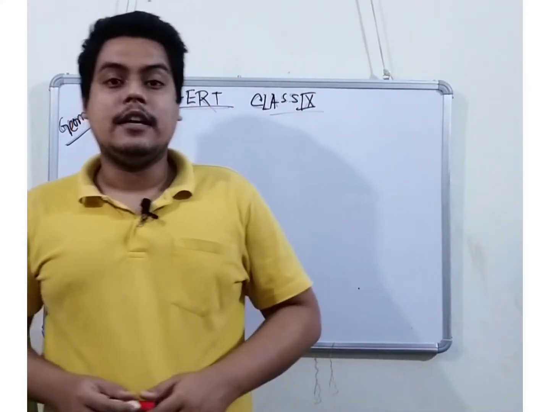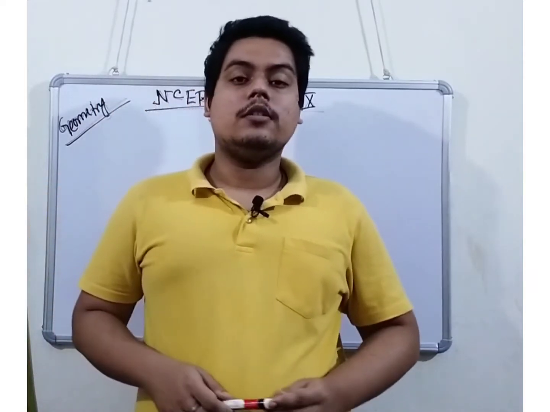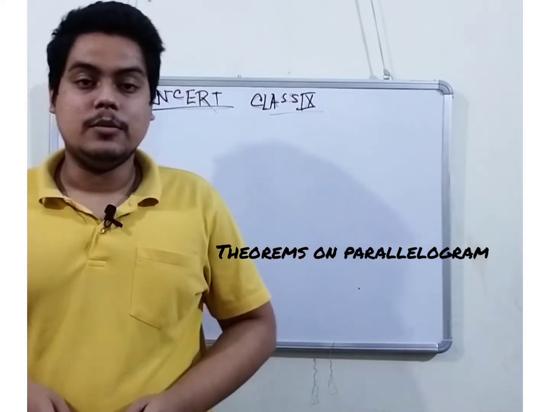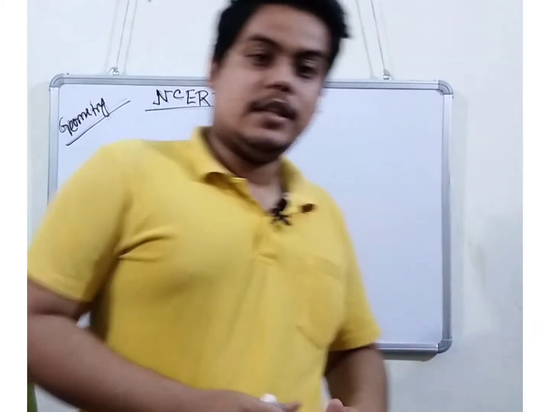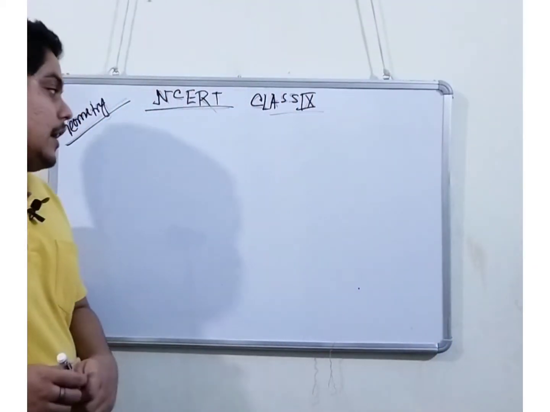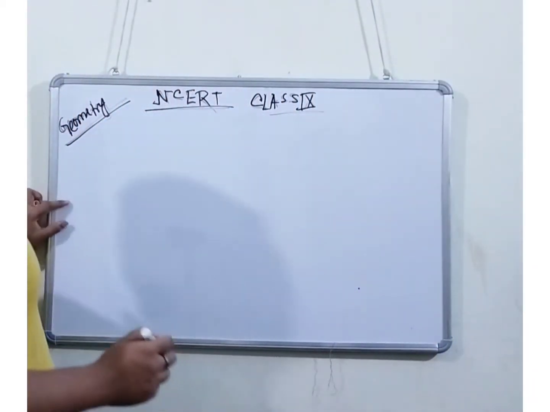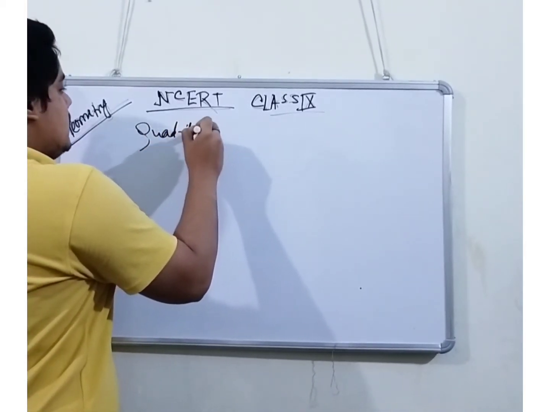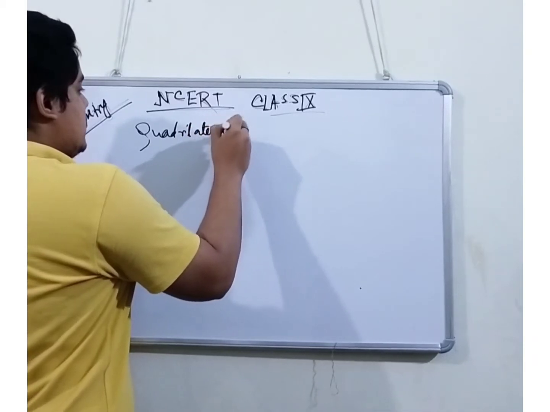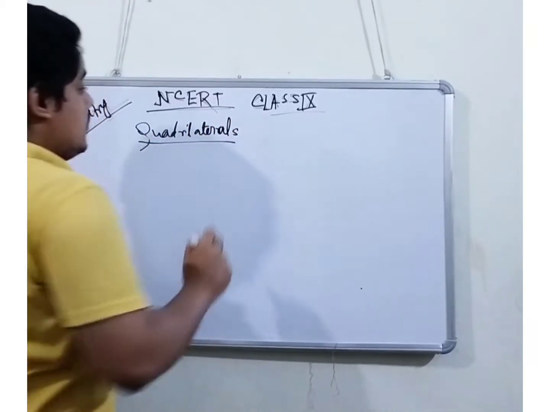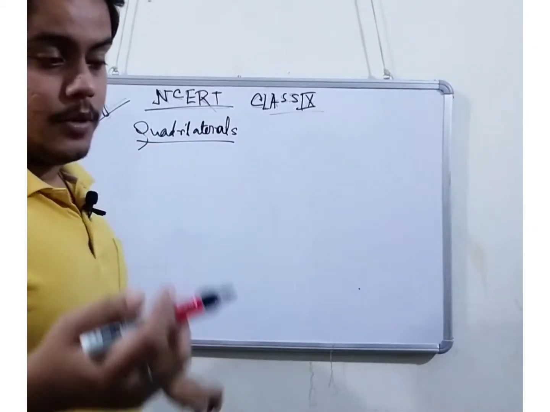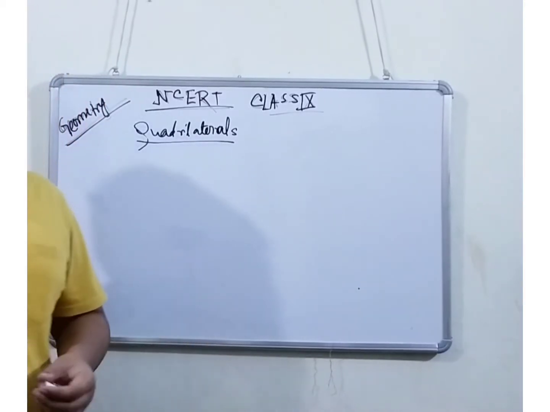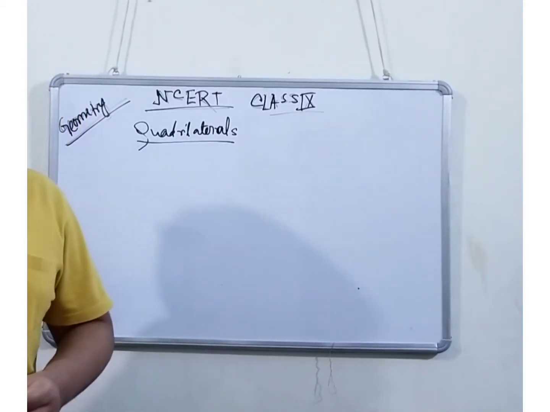Hi guys, I'm starting a new chapter here. It's a new module. The module is about geometry, NCERT class 9 mathematics. So I am starting the section of quadrilaterals at first. In the quadrilateral we will do the basic numericals first of all, then before that we will do the theorems, properties, and also solve some numericals from it. So let's start.